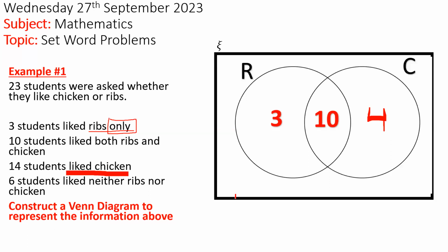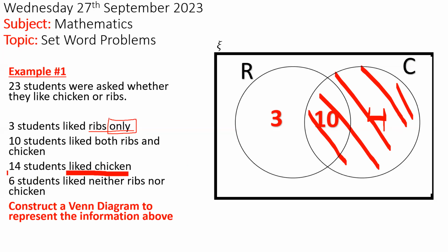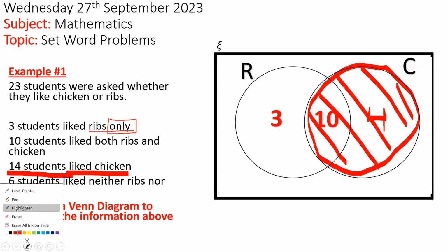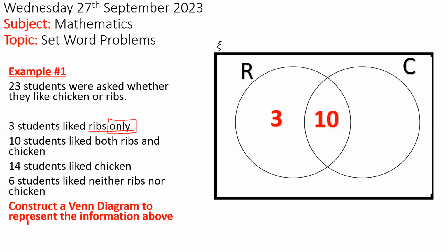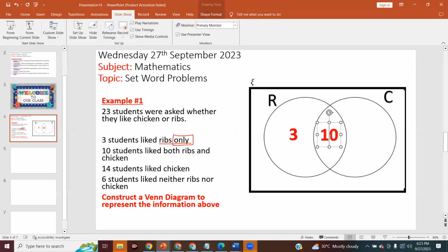Yes, sir. So all of chicken equals 14. That's what this is saying. 14 students like chicken. You see it now? This whole circle is 14. Yes, sir, I see it. The whole circle is 14. That's the idea. So don't get confused with that. So let me put the right answer. The right answer here is going to be